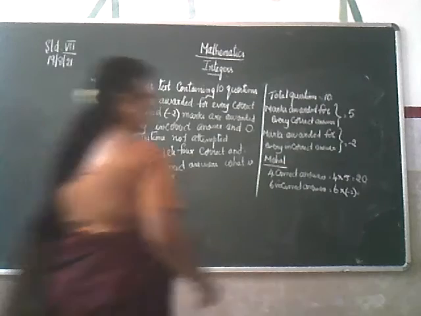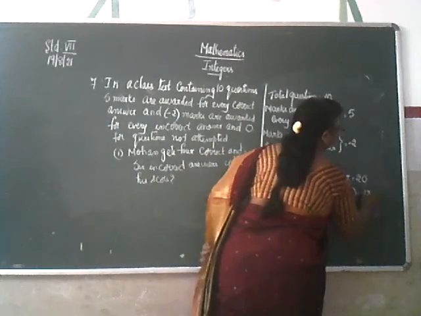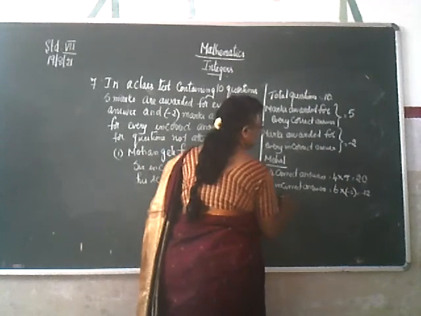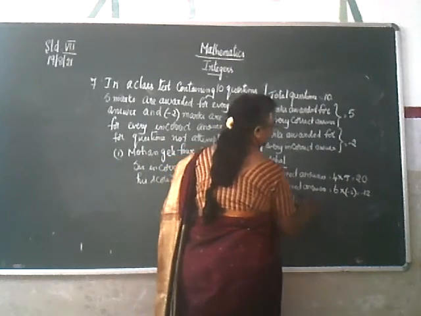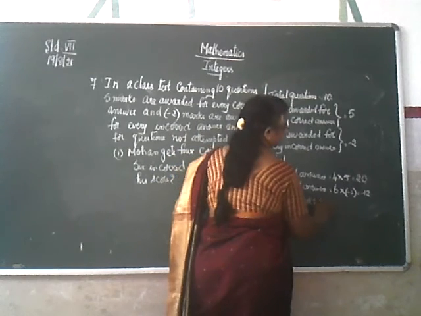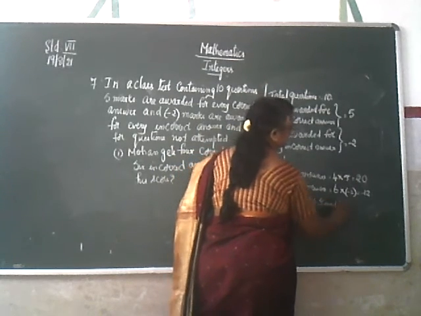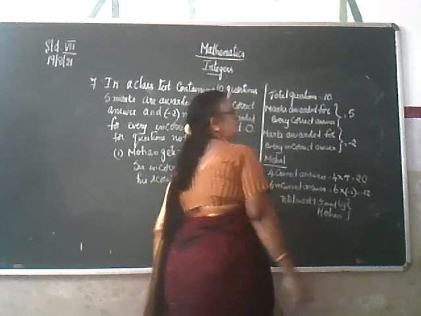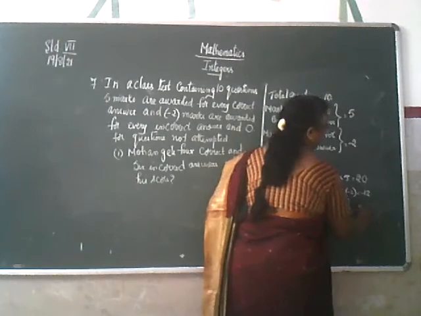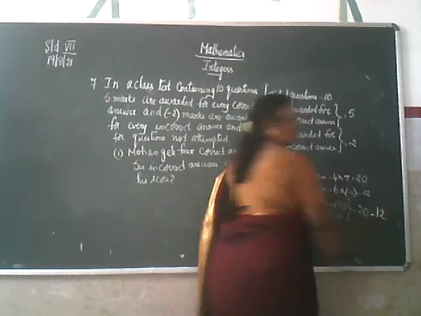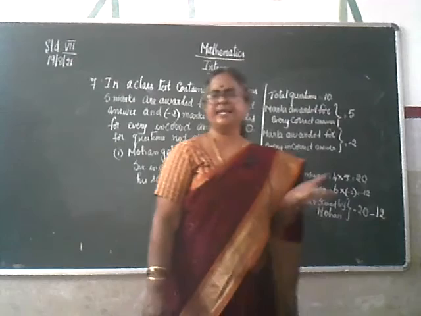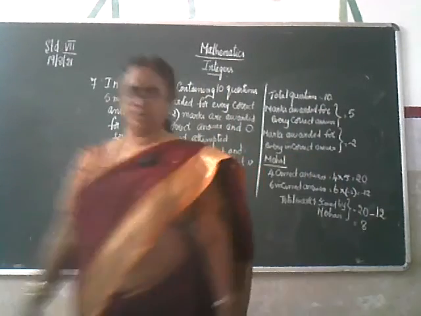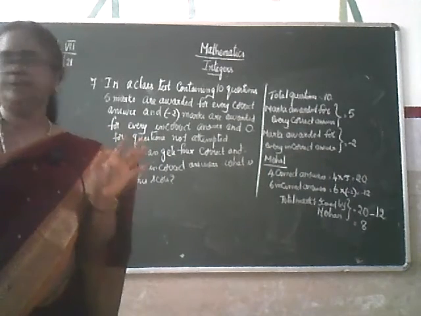Incorrect answers are 12. So minus 12. So what is his score? So therefore total marks scored by Mohan. So for the correct answer he got 20. For the incorrect answer he got minus 12. What is 20 minus 12? 8. So marks scored by Mohan is 8. Okay? Then